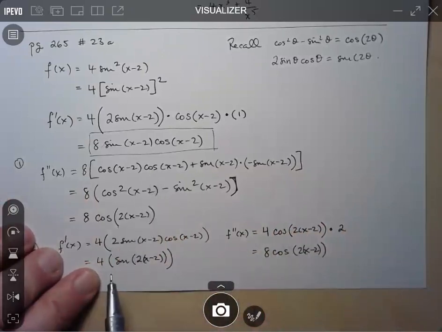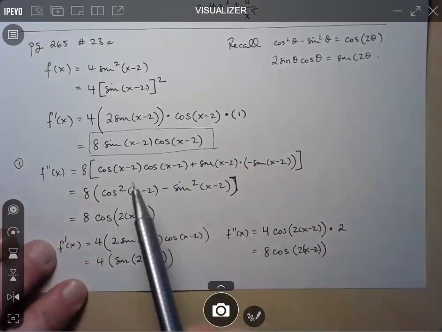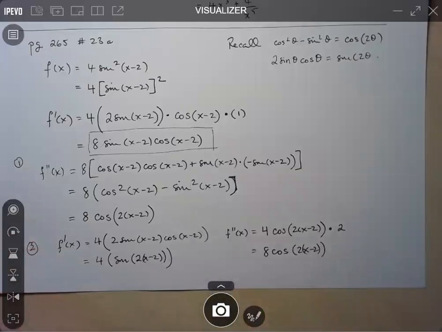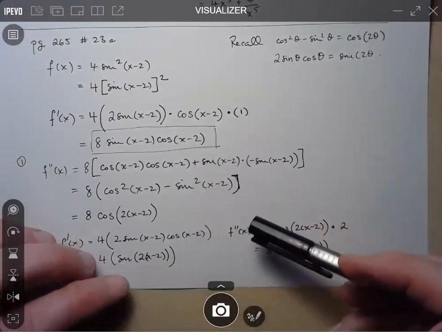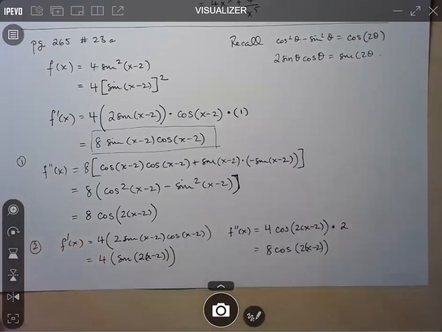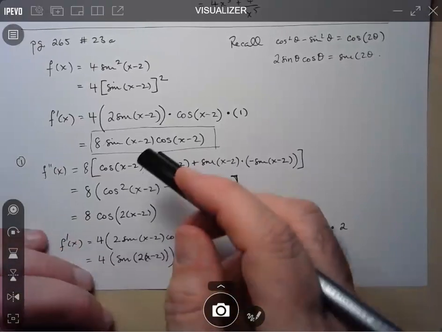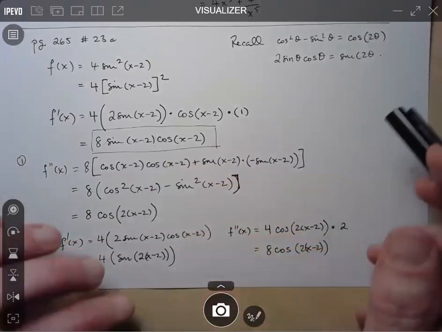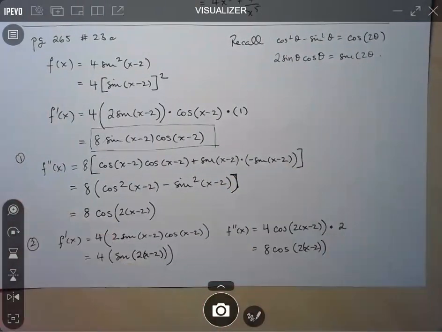Okay, so again, we see how we can use the power of the trig identities to make our lives easier when working with trigonometric expressions, and now trigonometric derivatives. Okay, so again, as I said, this is not the type of thing I would expect you to be doing in this unit, but in future units, when we have to actually work with trigonometric derivatives and second derivatives to solve problems, then it might be useful to use the power of the trigonometric identities. Okay,